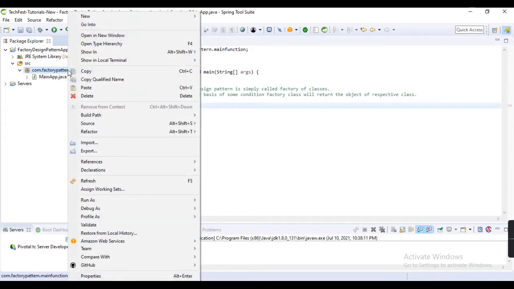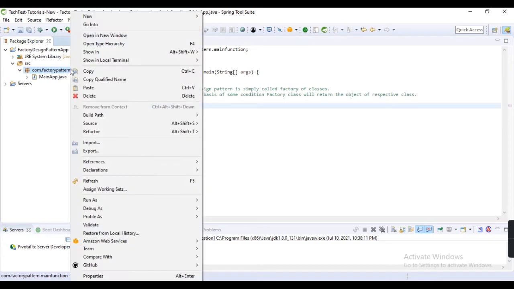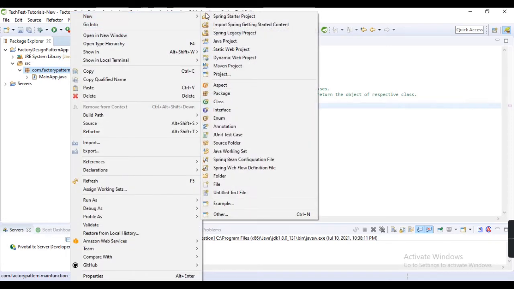For that I have created a Java project which has a main class. For the implementation, we are taking an example of a car.